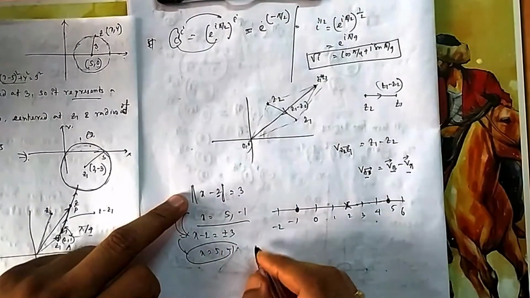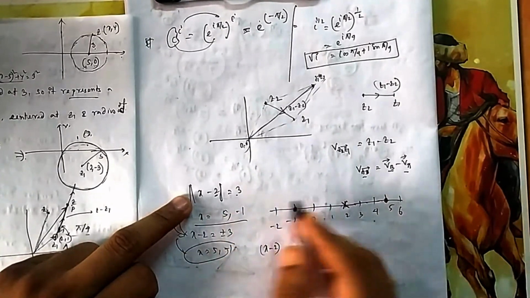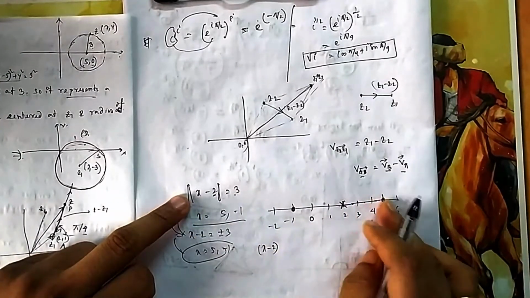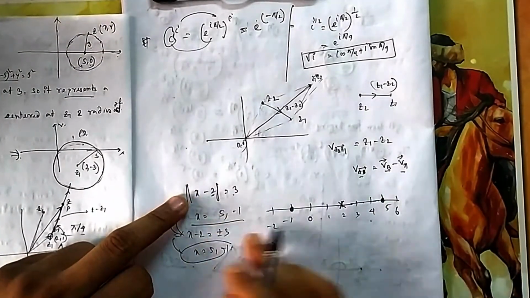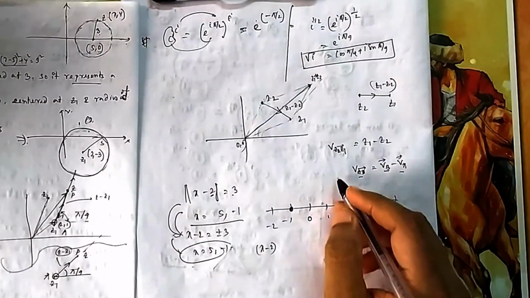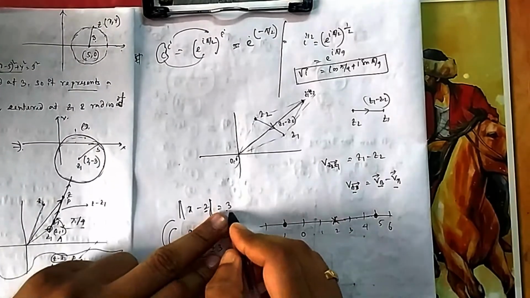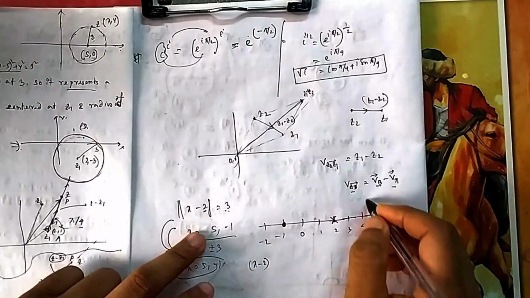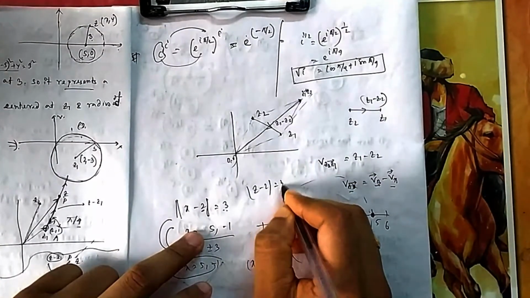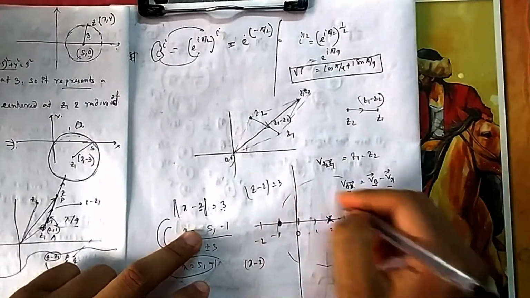We have also broken it into two parts. If x is greater than 2, then x minus 2 is equal to 3, with no need of putting mod, because then we go for only the plus sign. That was possible because you are moving in only one direction. Now here, if I say from 2, 0 the distance is 3, you can move anywhere. If it becomes z, you can move in any direction, because then the y axis also comes in and it becomes 2D. So you can move in any direction, and then it becomes a circle.